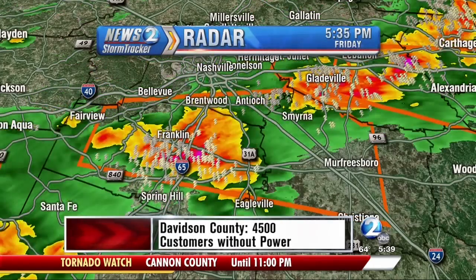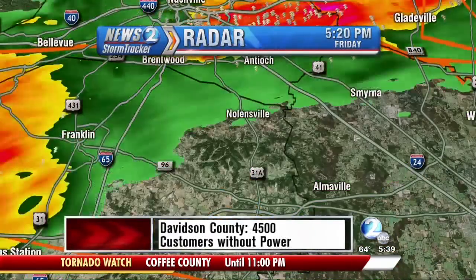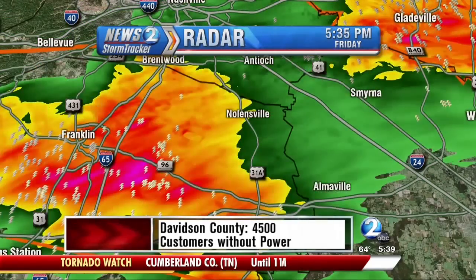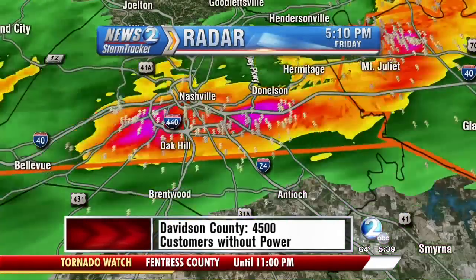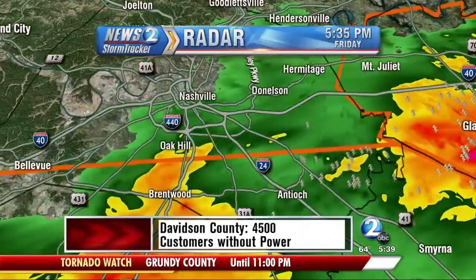It's still in Franklin and crossing I-65 now and approaching 31A with some of that heavier rain just beginning to move across 31A. You can see the Nolensville area, Almaville, all those areas really starting to pick up, and across 24 the rain is going to get heavier once again. And you notice how Brentwood, you're getting a good heavy rain out of this. You don't have as much lightning up that way, but the heavy rain extends all the way up to the